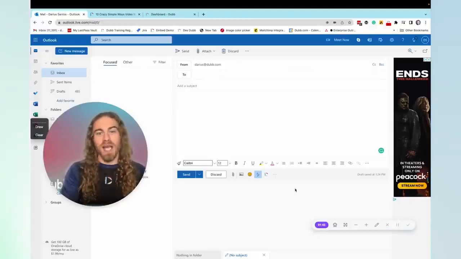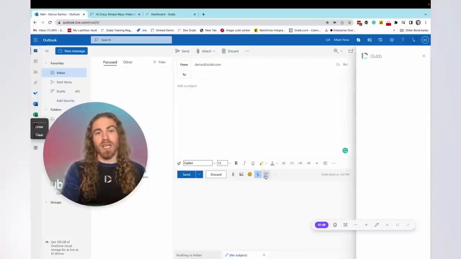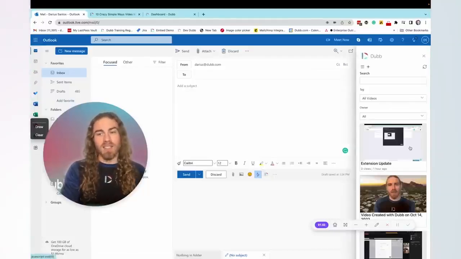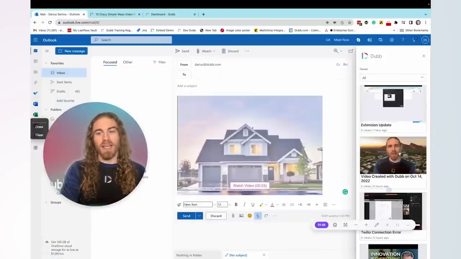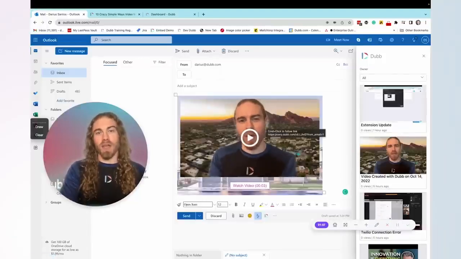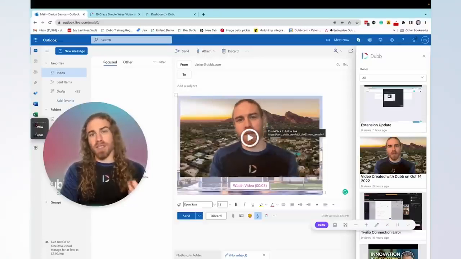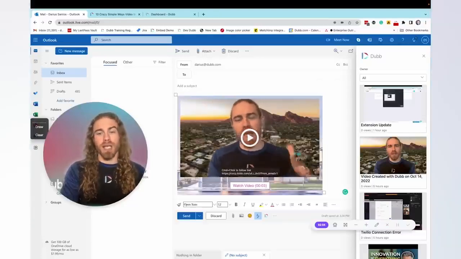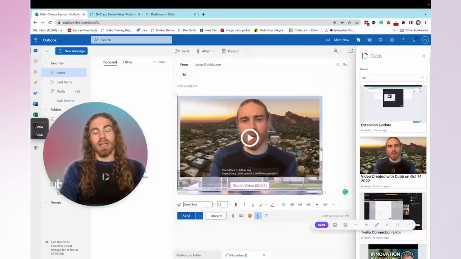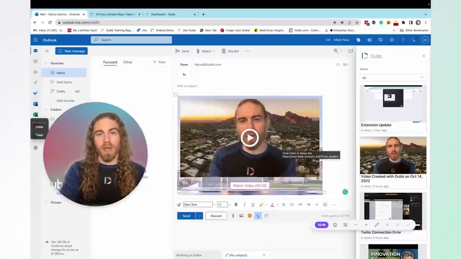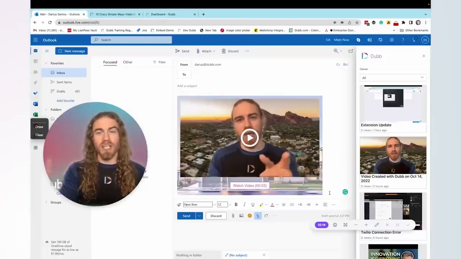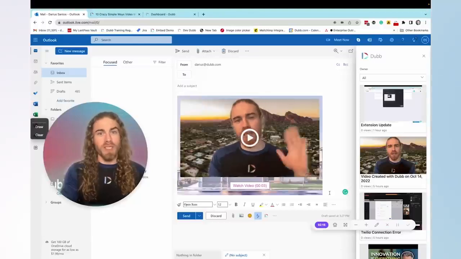So right here inside of Outlook, this is the 365 version. You can see there's a shortcut right inside of Outlook, and all I have to do is click this button, and it's going to give me access to my library of videos where I can instantly insert and share a video of any length. There's not going to be any attachment limitation. They're not going to have to download anything. They're going to be able to just click play on your video here and access the video straight from their email. Now, this is the best way to share videos through Outlook, particularly if you're sending them for business purposes,